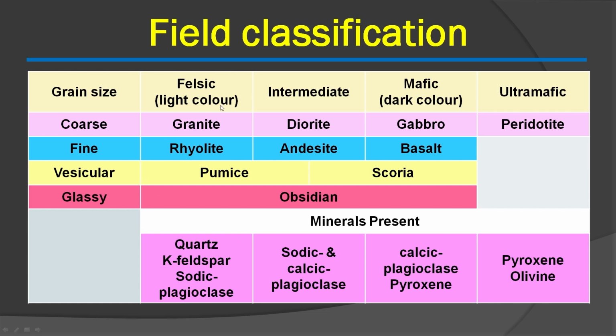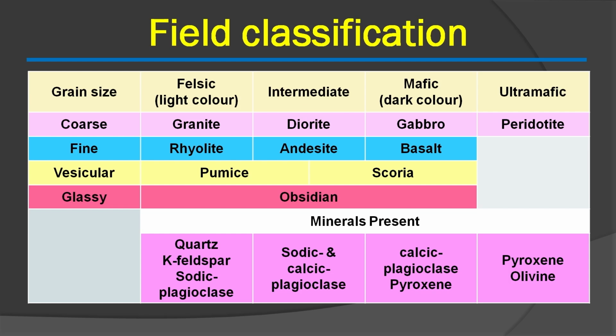And also we can look at the color of the rocks, which arises out of the minerals which are there in the rock. For instance, in the felsic rocks, we will have light colored minerals. For intermediate rocks, we will have moderately light colored minerals and a mix of dark colored minerals. And for the mafic rocks, we will be seeing dark colored minerals. Even though color is not a robust method of classifying igneous rocks, in cases of vesicular or glassy materials such as obsidian, where we cannot observe any crystals in those rocks, we tend to classify them based on color.